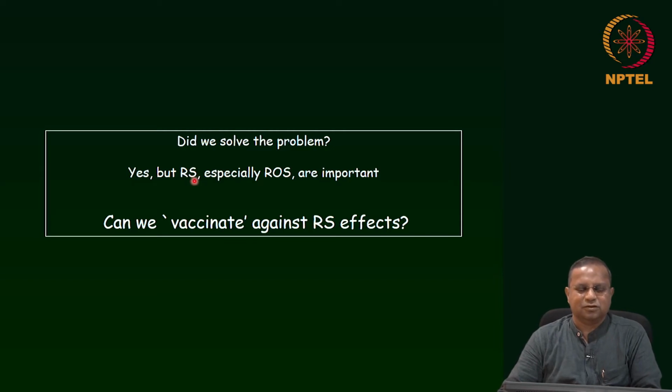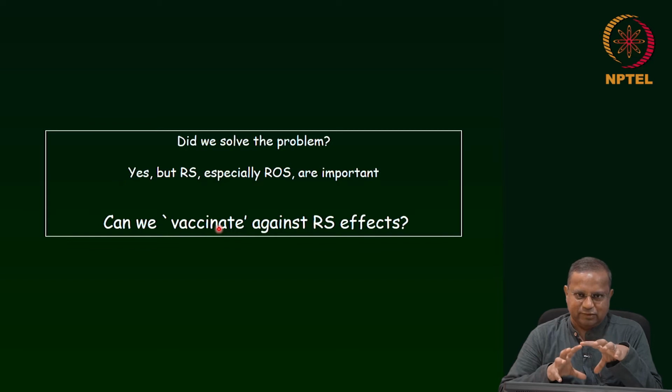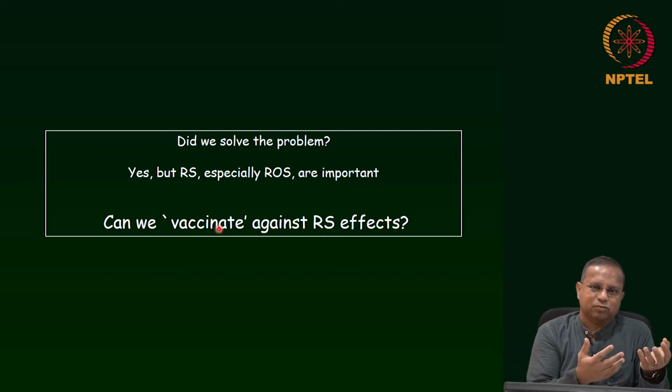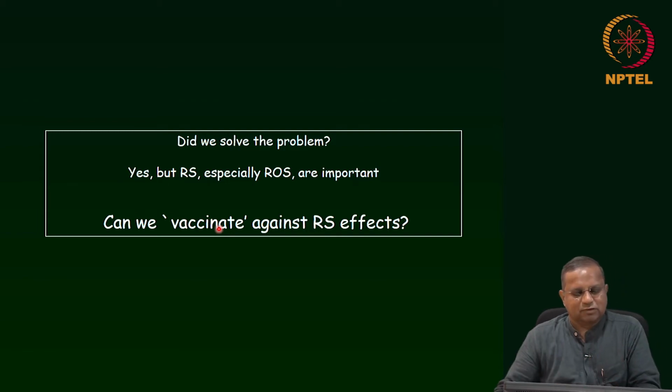My first PhD student, Manjula Rao, joined with a reactive oxygen species background in January 1996, and she started looking at this problem. Her thoughts were, can we vaccinate against these reactive species effects? The idea was, we will somehow make the cells immune to the negative effects of reactive species, and thereby when we use the LPOS, the cells are more robust, and therefore they will not die as much, or their growth will not be affected as much. So this was her thought, and we did a lot of work in that.